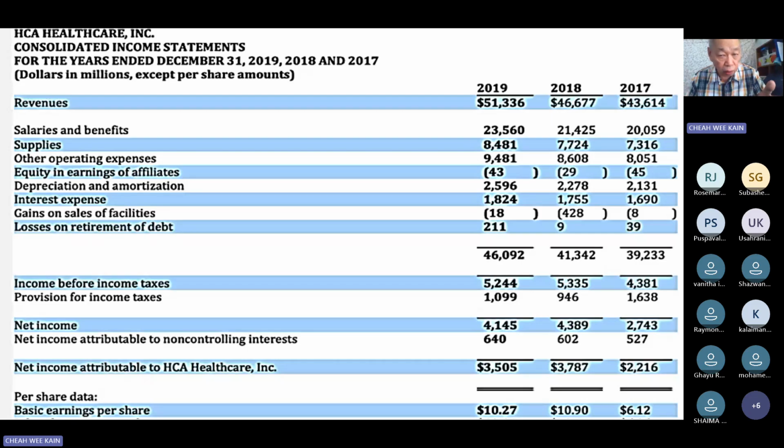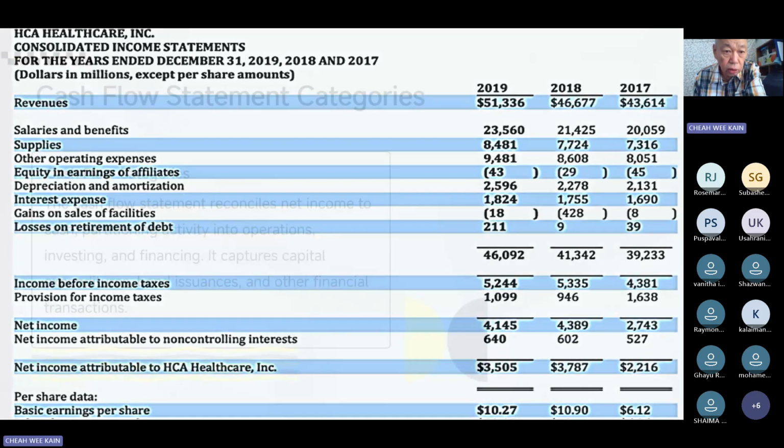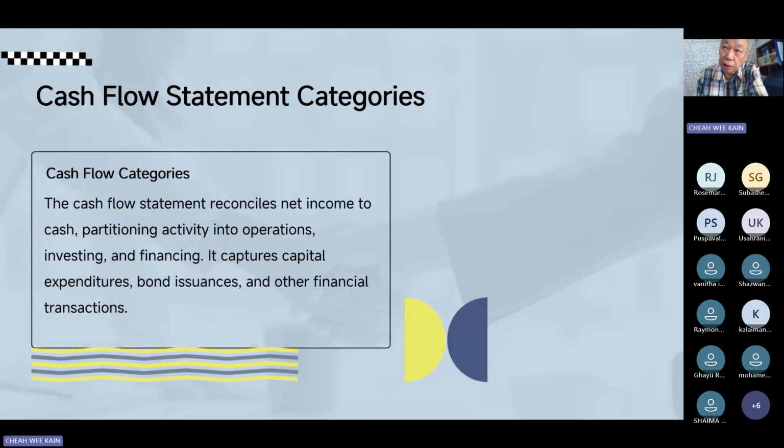So that's why we need to have one more thing called the cash flow statement, to see how much money the company still has to pay in the future. Okay? If you have a negative cash, you need to borrow money, right? To pay your suppliers or your employees, or else they will sue you for bankruptcy. So that's why we come to the cash flow statement.